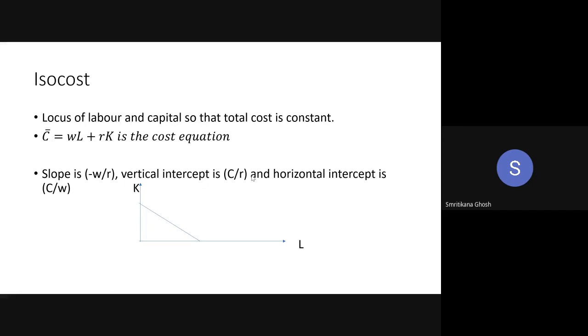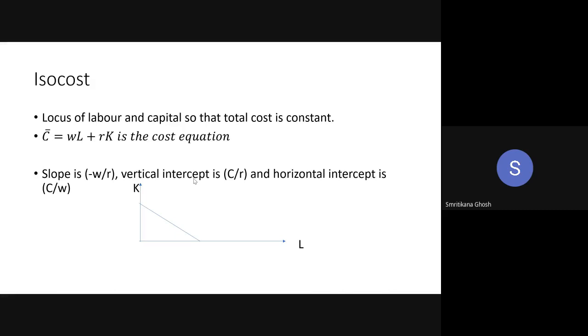As a producer, what is your objective? Your objective is to minimize cost, right? It should not be your objective to maximize your cost. No, your objective is to minimize your cost. So when you are going to minimize your cost, then you need the concept of isocost definitely, and you need the concept of isoquant as well, because that will show your production options. So what production combination will give you minimum cost? That will be discussed in the next class.